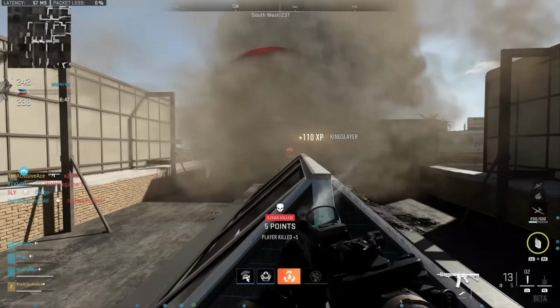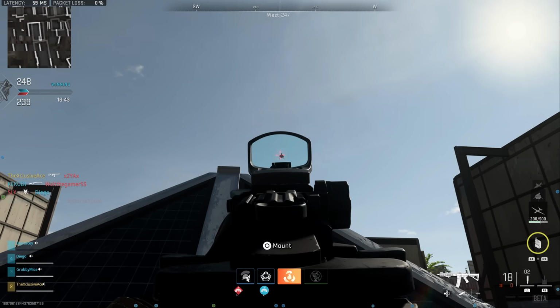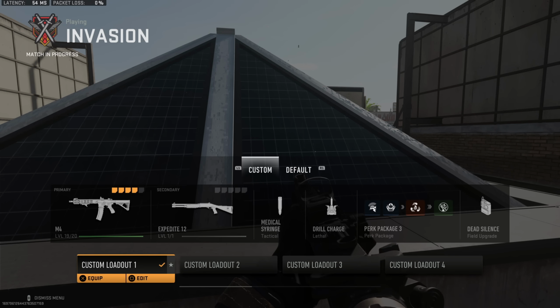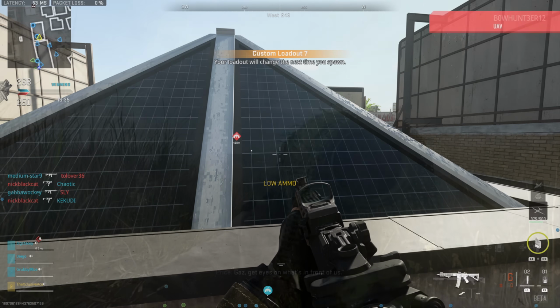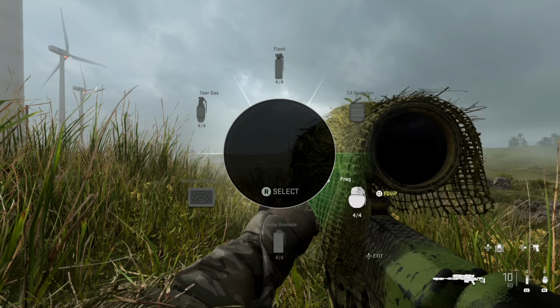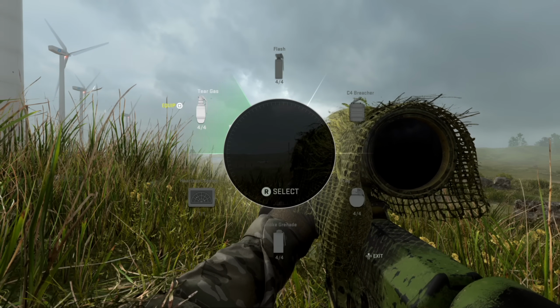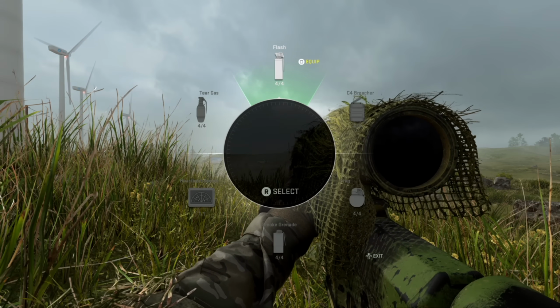And it seems like this type of system could really translate well to this extraction style mode, where it's about utilizing every little bit of your environment in order to come through and either complete your objectives or extract with loot. Additionally, with this wheel system, in a different mission, we had the ability to go into our backpack and open up this wheel, which had all of our lethal and tactical equipment in it, and I'd really like to see them utilize this wheel type of system when it comes to inventory management for the DMZ, rather